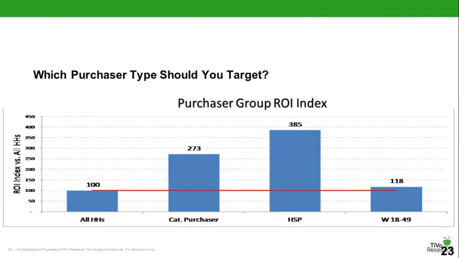It doesn't mean that you often buy on deal, or you swing, or you buy multiple. Those are all misunderstandings in the minds of some people. Heavy swing purchasers simply have experienced your brand and are heavy category purchasers. Well, for this particular brand, the sales response is almost 4 times better. So this brand agreed they should be targeting, and they did target heavy swing purchasers, and their sales went up